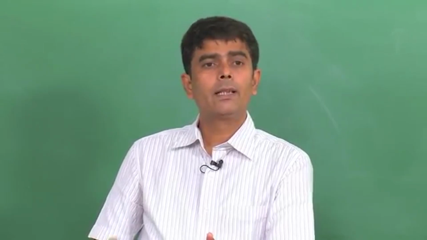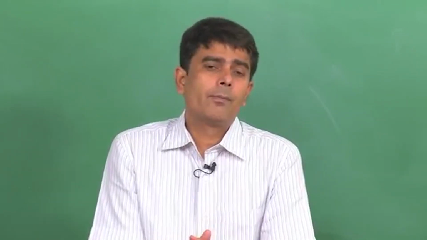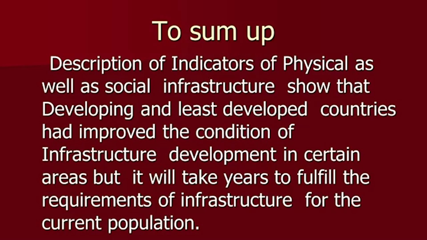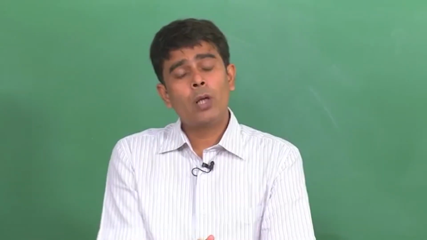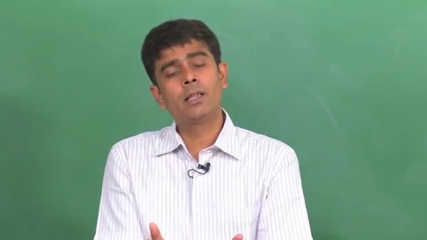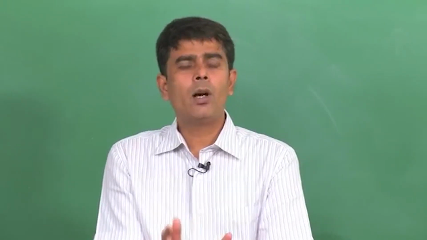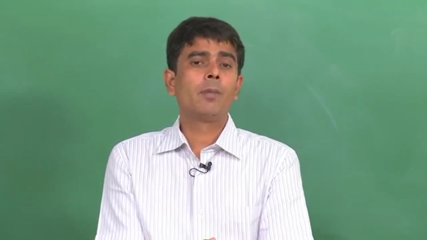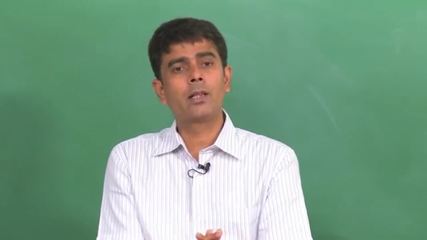So, with this discussion we can find that there are indicators of physical as well as social infrastructure which show that the developing and least developed countries have improved a little bit in the condition of infrastructure development in certain areas, such as India, which has improved in the telecommunication sector, in internet subscribers or mobile subscribers. But when we see the data on the death rate, the birth rate, and the statistics on underweight children, in the majority of developing countries including India and many least developed countries from Africa to Asia, we find